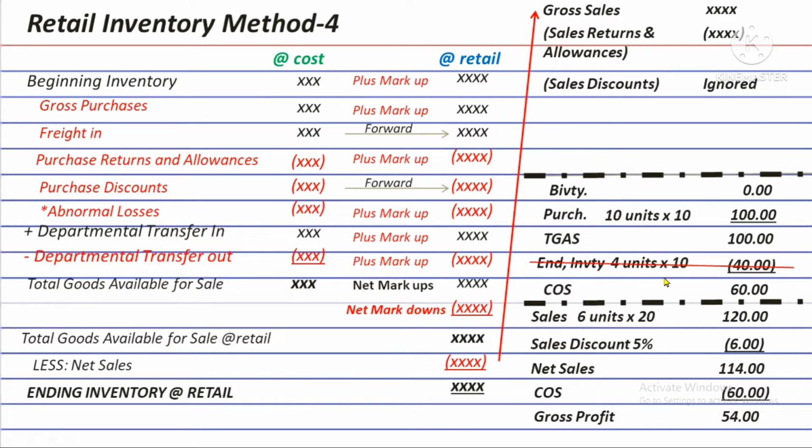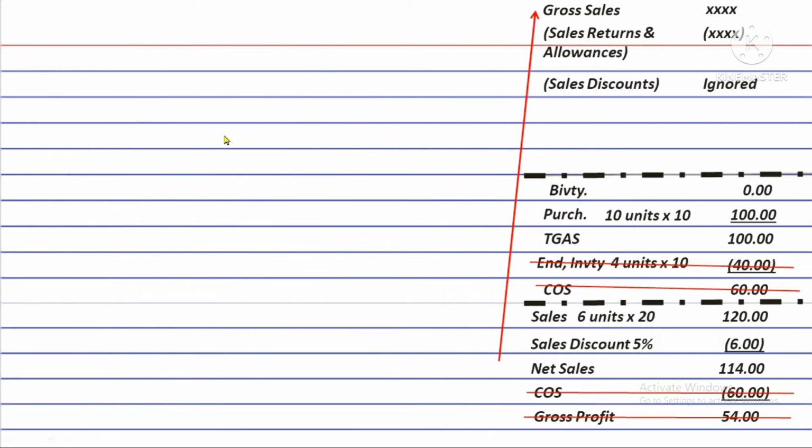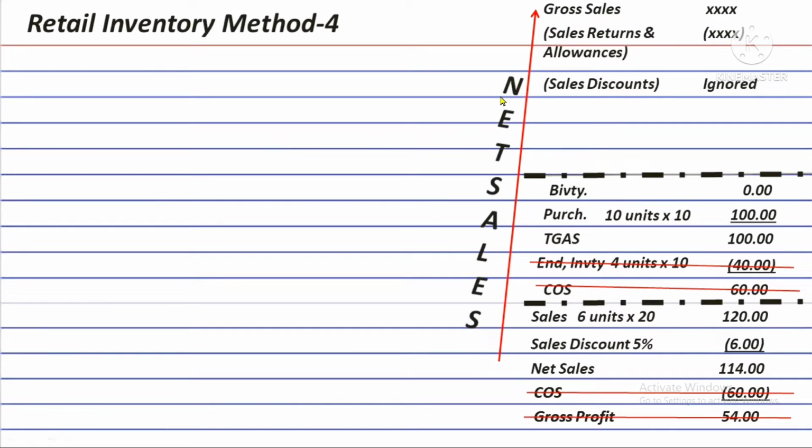If ending inventory is unknown, then you cannot get the cost of sales also. And if you cannot get the cost of sales, then the gross profit will also be unknown. So what will you do? Let's just take these columns out first and let's focus on the net sales, particularly the sales discounts first. So again, what will we do? Answer,